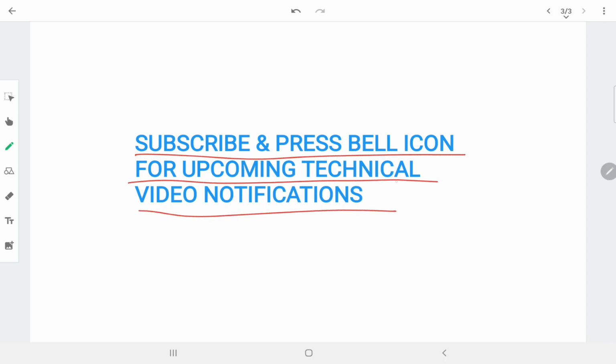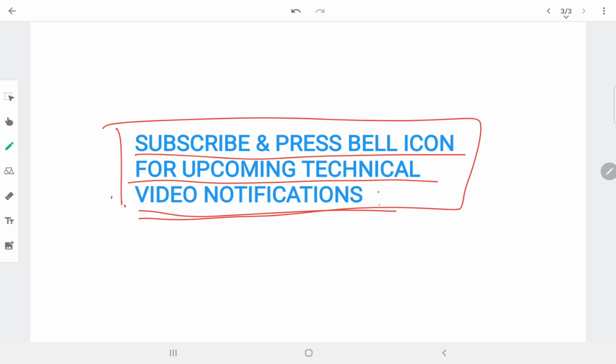So this was the session on how to draw the center line. The next session will be on layout. I have already shared a video on layout itself, on how to make a layout at site. Just go through that. I'll share a link of that video also in the description box.